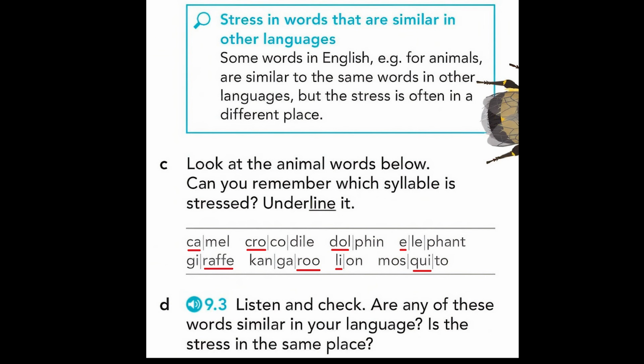— 9.3. Camel, crocodile, dolphin, elephant, giraffe, kangaroo, lion, mosquito,